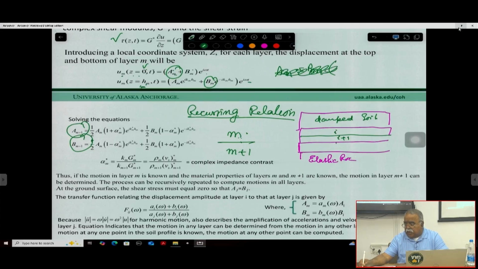A1 is equal to B1, so that means at the surface layer, A1 will be equal to B1, and that you can put as a recurrence relation. You first find out 1 and 1, then 1 and 2, then calculate 2 to 3, then 3, 4, 4, 5, and so on and so forth till you hit the elastic rock. So that recurrence relation you can use and calculate your lambda m prime with this one,